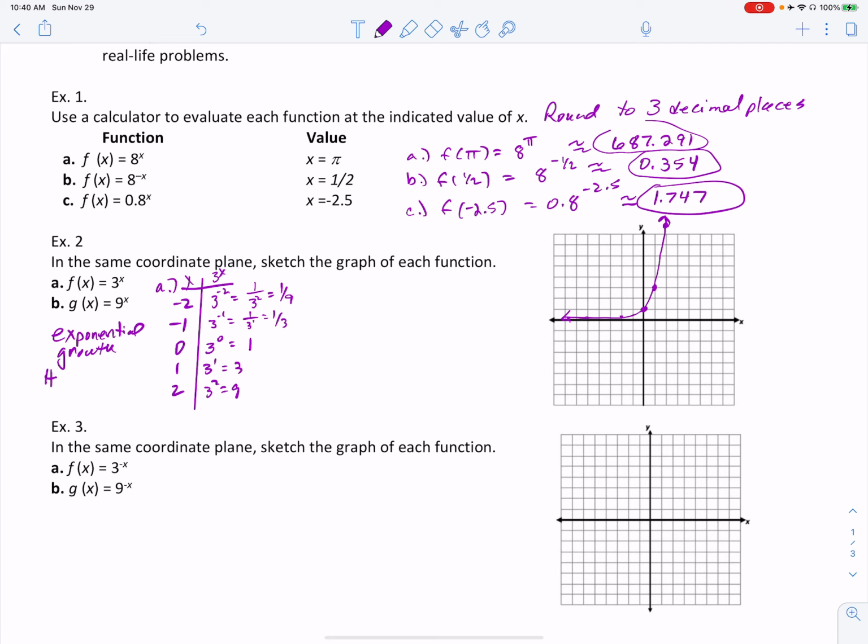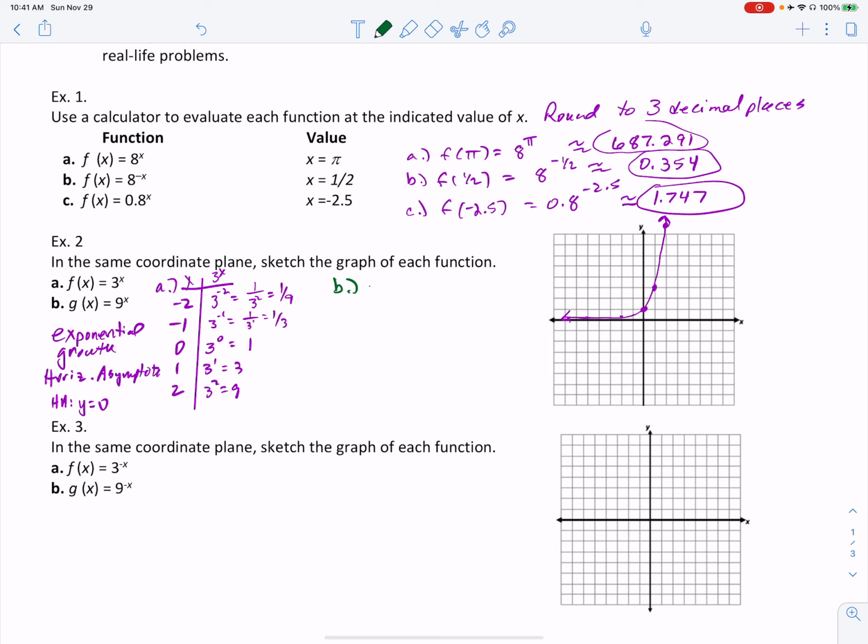And it has a horizontal asymptote, at least as you go to the left, of y equals 0. So as x goes to negative infinity, y is going to 0, at least to the left-hand side, there's a horizontal asymptote. Now, if I go ahead and graph